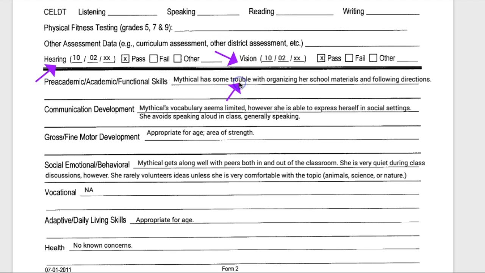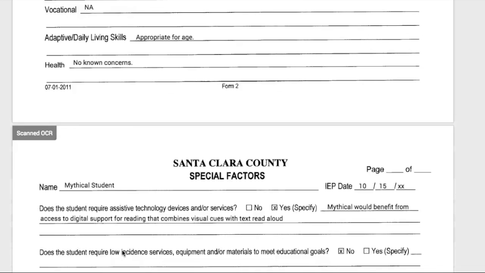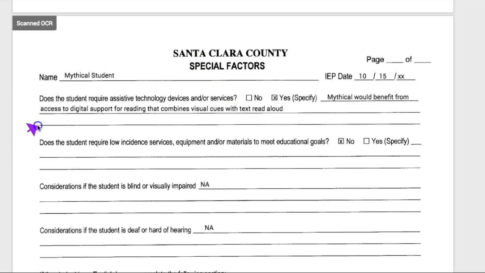The lines immediately following offer a snapshot of Mythical's status in a few categories of school performance. Here you can see that Mythical is having some social and emotional issues that will probably be a topic of discussion at her IEP meeting. Keep in mind that many sections of this document will be authored based on feedback provided by you and other members of the IEP team.